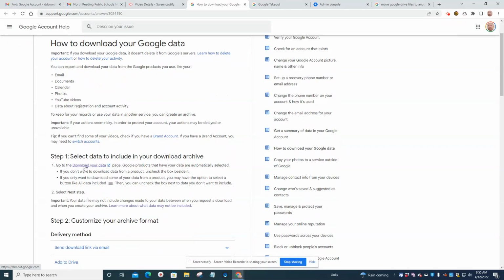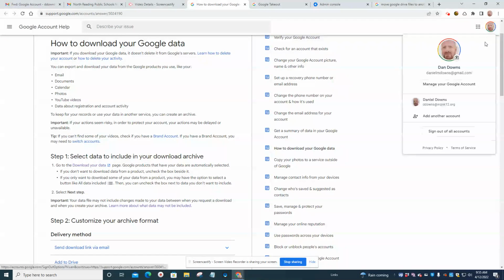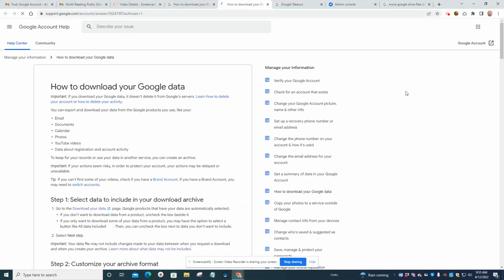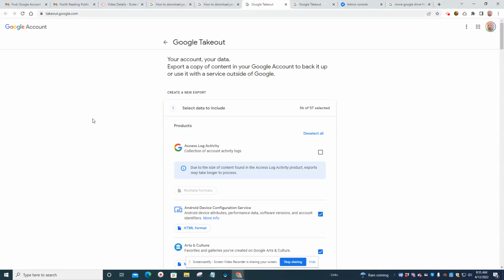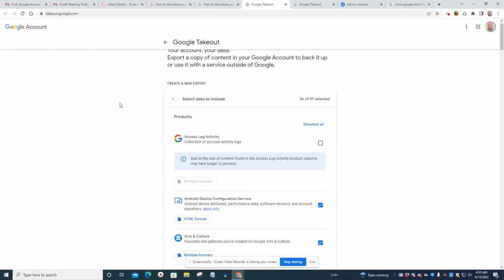So, if you click on this link, go to download your data. You will need to be logged into the account that you want to download. So, I'm just going to double check which account I'm in, do the quick switch. I'm in the right account. So always make sure you're in the right Google account up in the top right when you want to do the download. I'll click download, and then it will bring you to this Google Takeout page